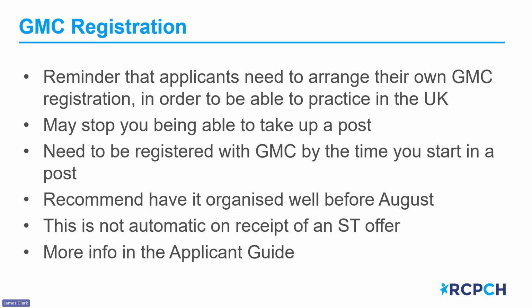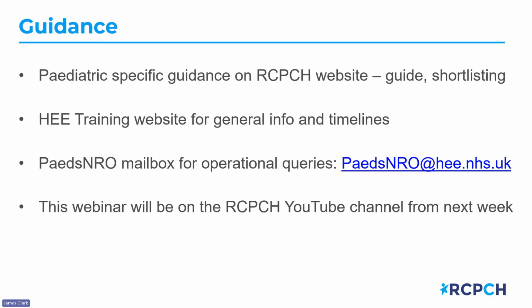So posts for round 1 and round 2, ST3 and ST1, will start in August, September 2025. Different regions start in August, different regions start in September, but you'll be able to see the dates when you're preferencing. Make sure you've got your GMC registration sorted well in advance of that so that you're all ready to go. There's more information on that in the applicant guide, which lets me segue into this last slide